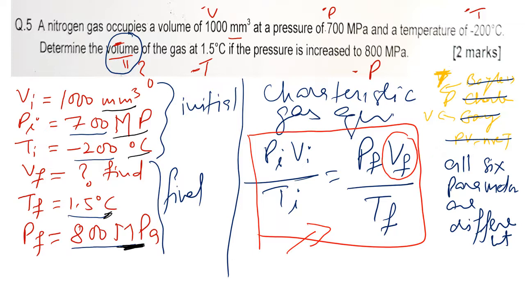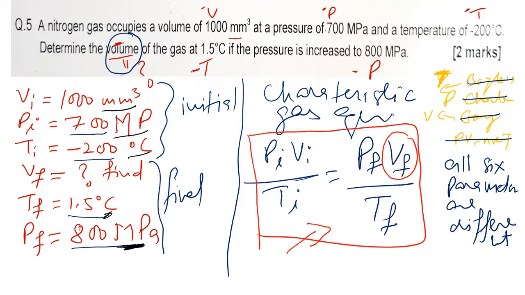Now this volume you have to find, so it's okay. Here the value of the initial pressure is given. It is 700 megapascal, and here it is 800 megapascal. So this is not the same. And here the temperature is given. This is minus 200 degrees centigrade, and here it is 1.5 degrees centigrade. So the temperature is also not constant, and